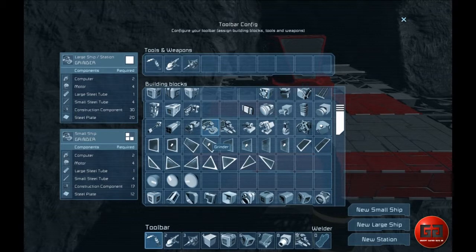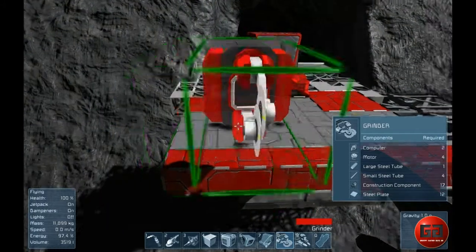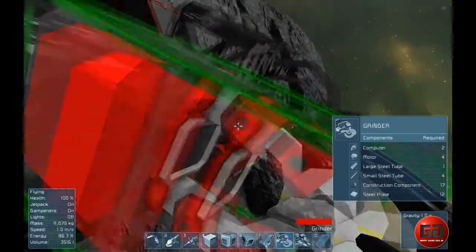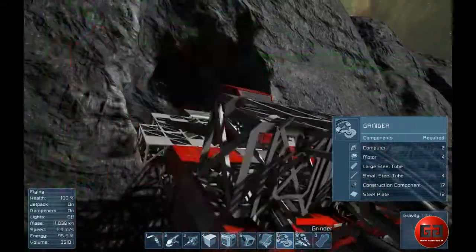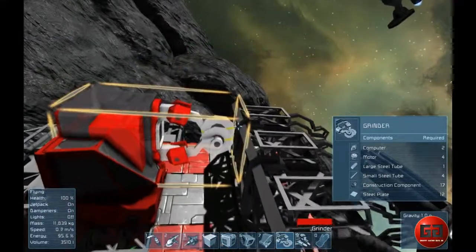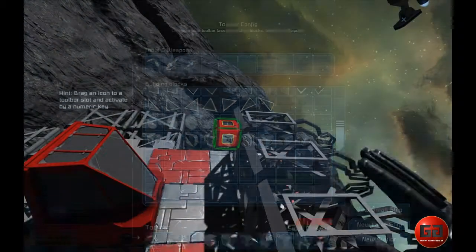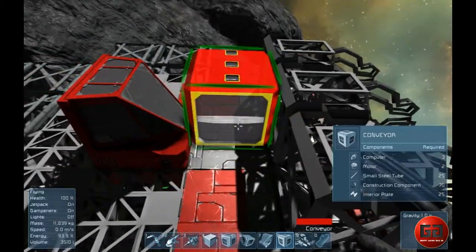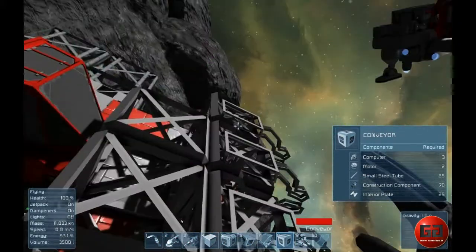Now, in order for that to work, we need 3 grinders on the front. That would be 1 grinder there, grinder behind it, and the grinder there. Now, for this to work properly, we need to just double check what we got here. We need to use some conveyors. So that's a small conveyor. Not that small. We need a bigger conveyor. Need one there. Need one there. And we need